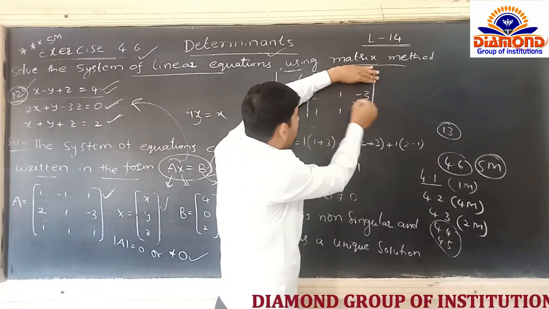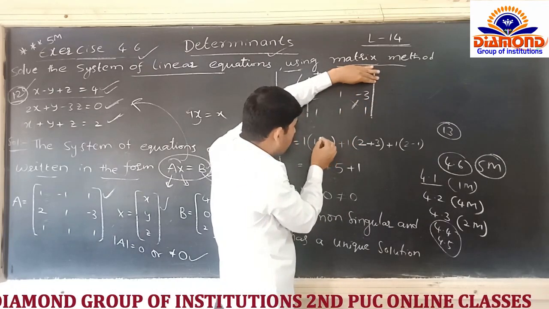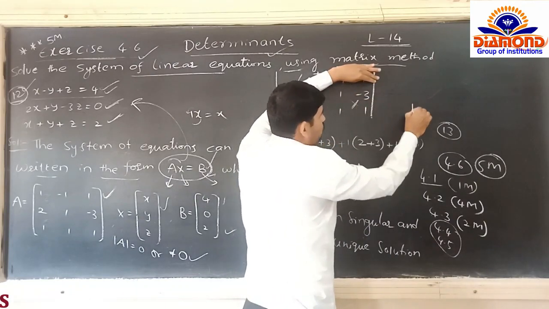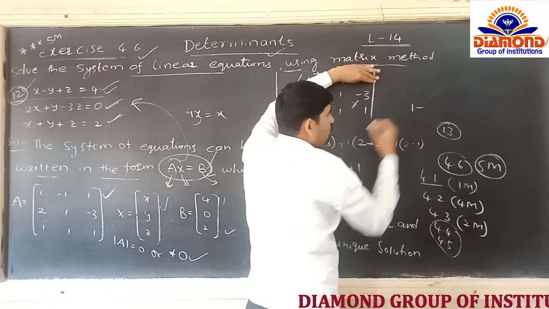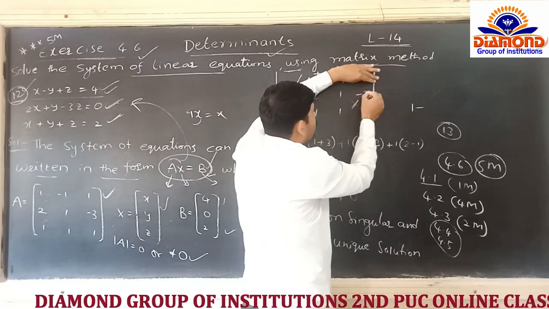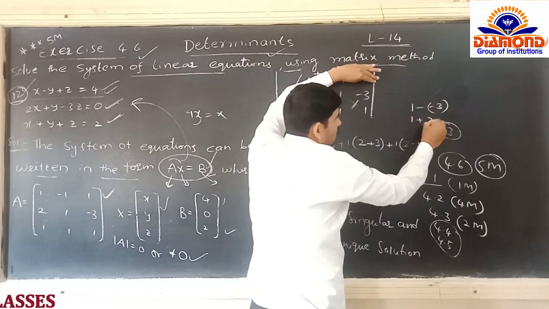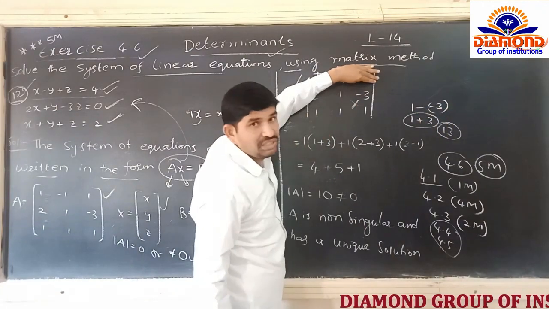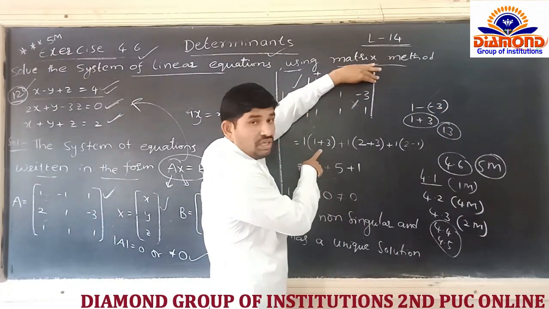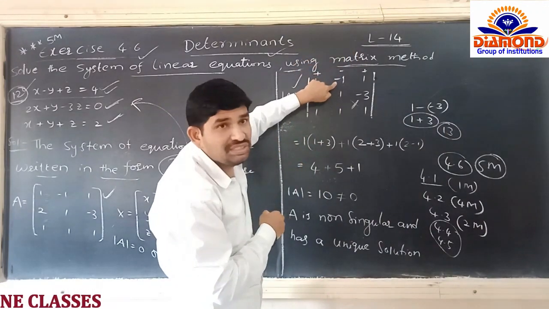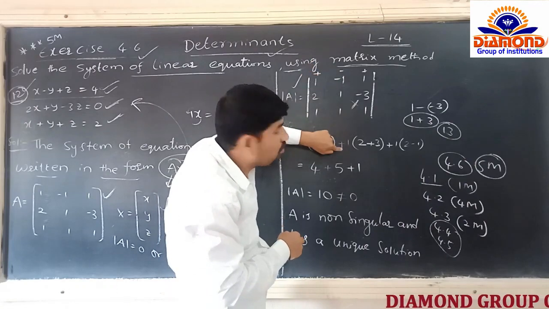We will get the result 1 into 1 is 1. In between we will get the minus. I will write here roughly 1 into 1 is 1. Completed now. In between we will get the minus. Again see, 1 into minus 3 is again minus 3. Means minus and minus makes plus. So the total result is 1 plus 3. Yes, like this we write here. Next one, see here minus is there, but here again having the minus, so minus into minus we can write plus.